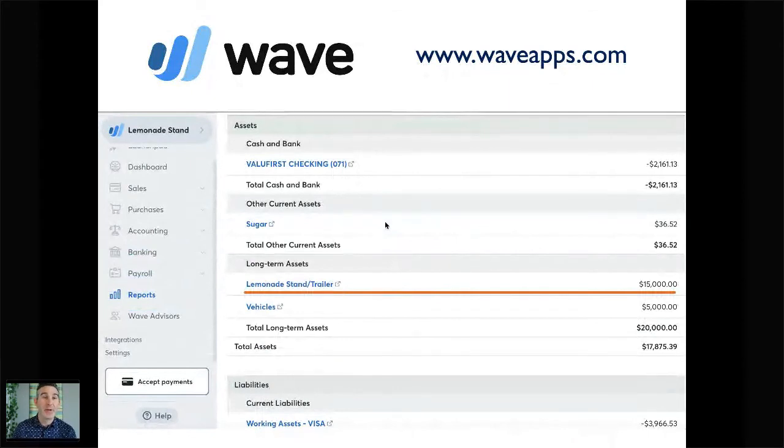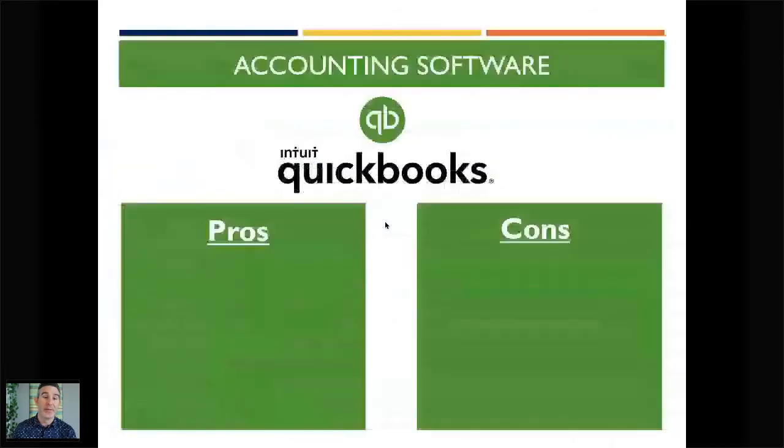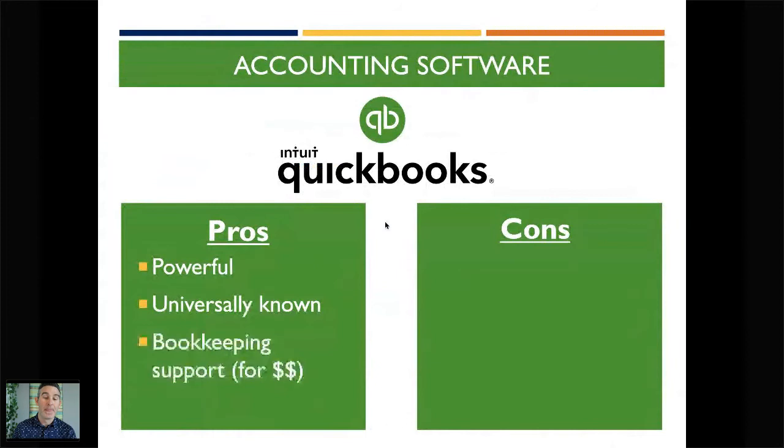So you'll just basically go through and use journal entries. I'll do the same thing for you here on QuickBooks. This is QuickBooks Online. Again, it's highly powerful and very well known. They have a bookkeeping support option, so you can actually hire someone to help you set up your chart of accounts, and then you can hire ongoing support bookkeepers to do ongoing support for you.